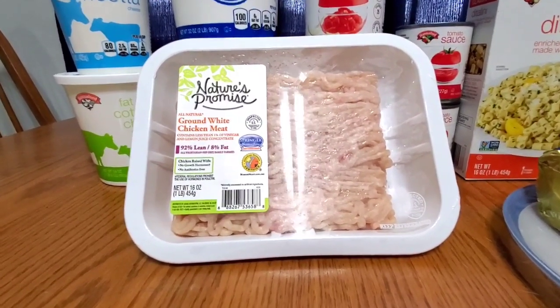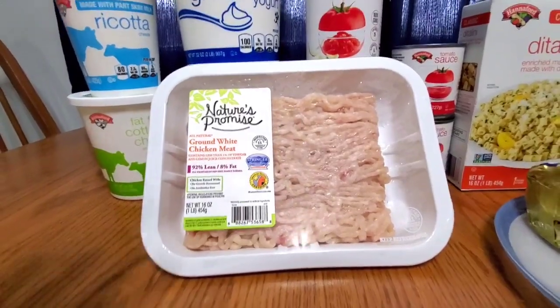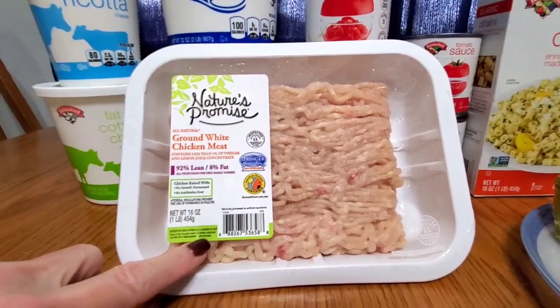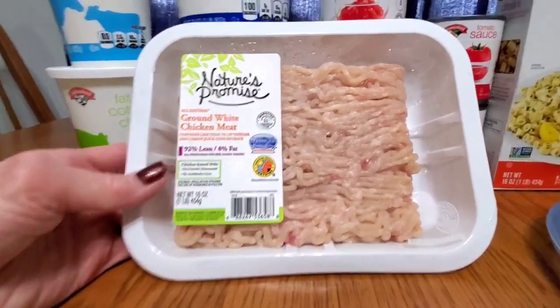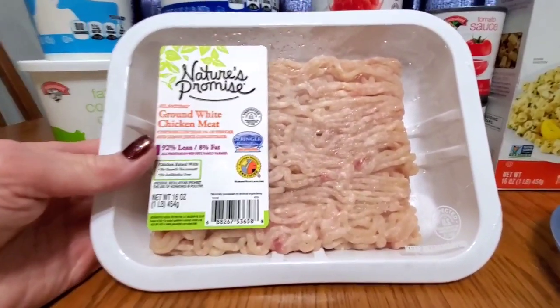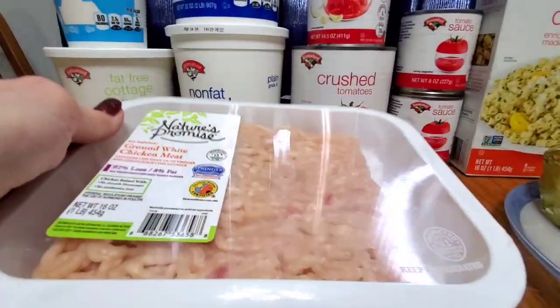So I decided I would buy this. With this, I can also make small meatballs and put them into my soup. If I could pick up escarole, which I can only find at Adams, I could make escarole soup with little meatballs in it. And orzo goes in that, orzo macaroni. Anyway,